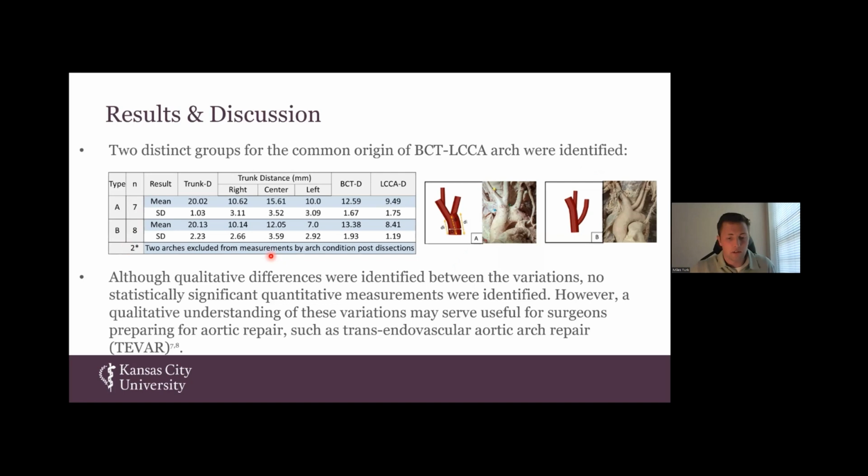And then 2 of our arches were excluded from our measurements just because of the condition of the arches following the dissection. As I was dissecting, the arches were kind of falling apart. And I could tell that they were common origin variant, but the pictures just weren't high enough quality to take measurements from. And so what I want to draw your attention to here is that although we did see qualitative differences between our type A and our type B subtypes for this group, we didn't find any statistically significant quantitative measurements. The one measurement I did expect to be different was the measurement of